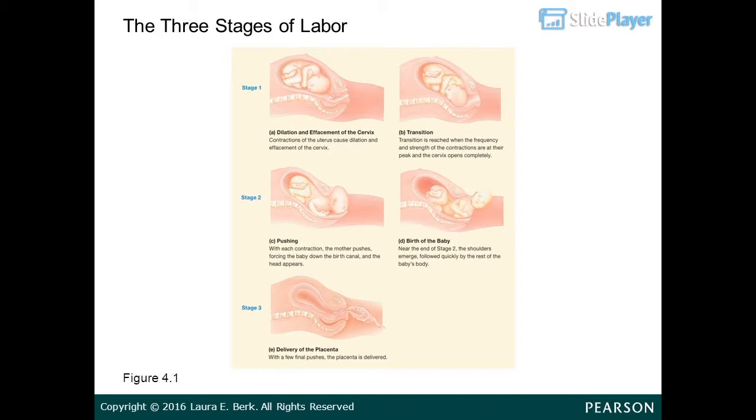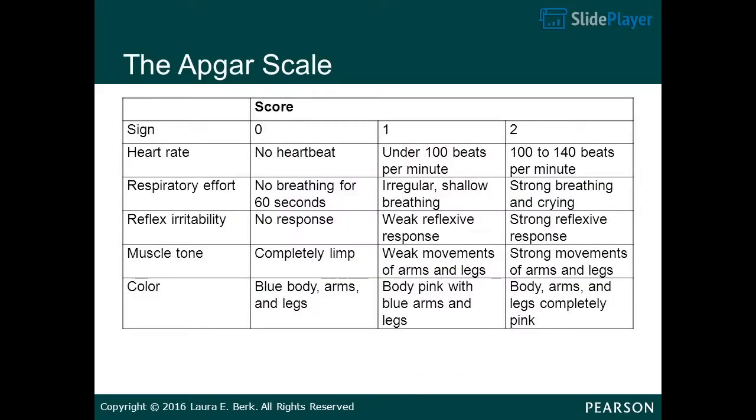Figure 4.1. The APGAR scale. Score, sign, 1, 2. Heart rate: no heartbeat, under 100 beats per minute, 100 to 140 beats per minute. Respiratory effort: no breathing for 60 seconds, irregular, shallow breathing, strong breathing and crying. Reflex irritability: no response, weak reflexive response,